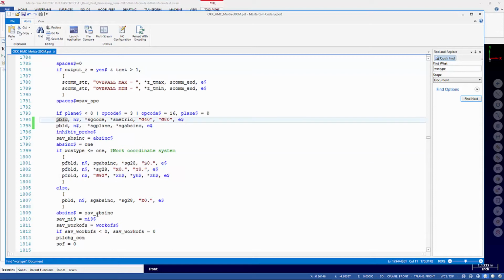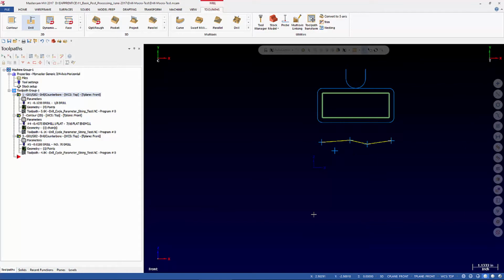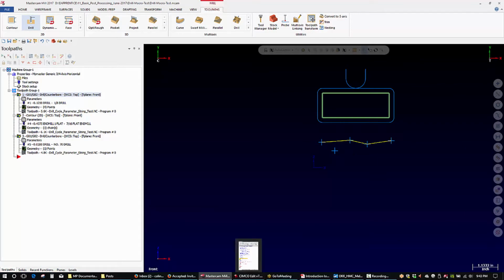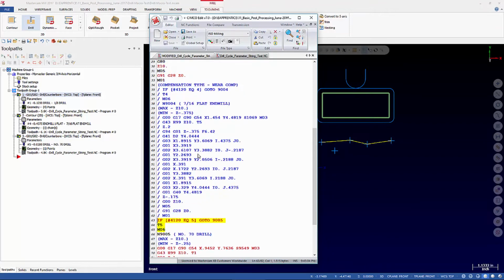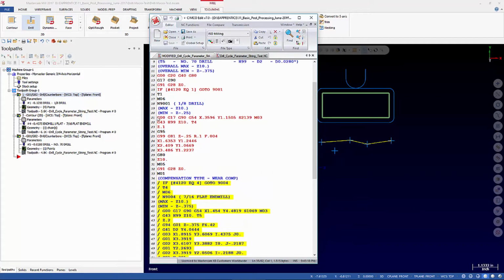PBLD only outputs a slash if it's turned on with can text. So it allows us control. And the control that we get is controlled by the operations inside Mastercam. All of this code may or may not have the slash in front of it, depending on our can text settings. So even though we have all this code here,